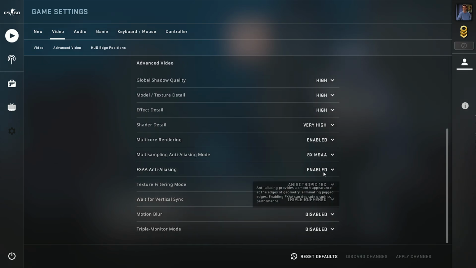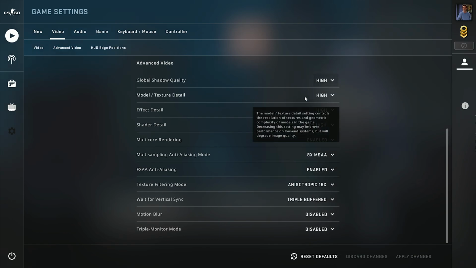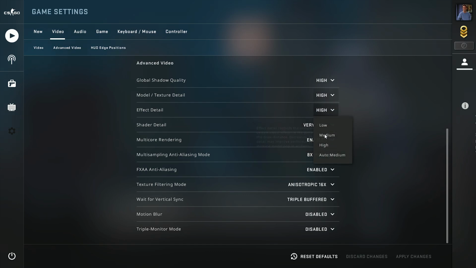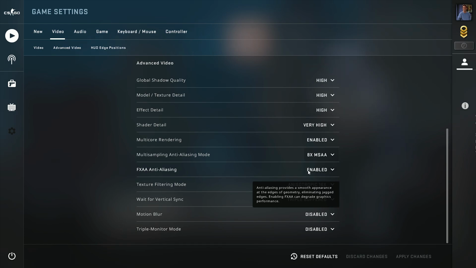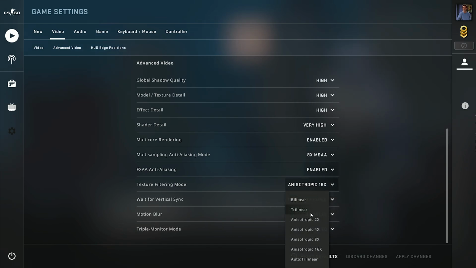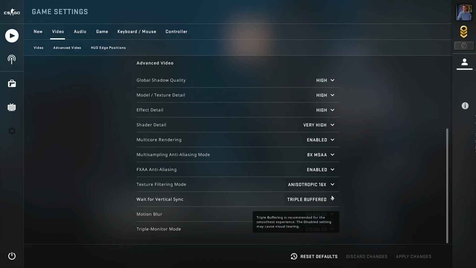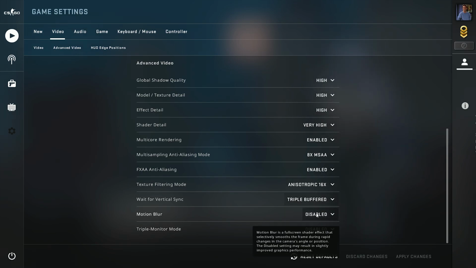Then everything is on high: shadow quality, texture detail, effect detail, shader detail. Multicore rendering is enabled, anti-aliasing mode is at maximum, FXAA anti-aliasing is also enabled, texture filtering mode is up to 16 times, then vertical sync is triple buffered, and we have disabled